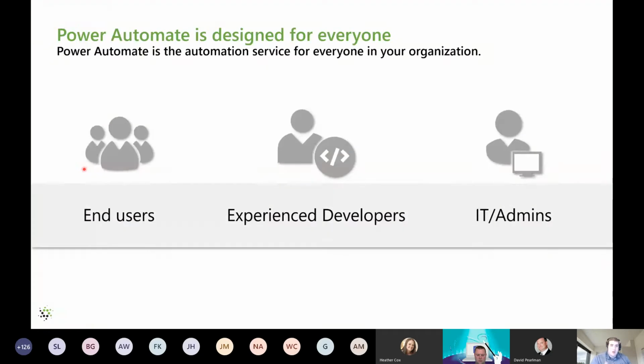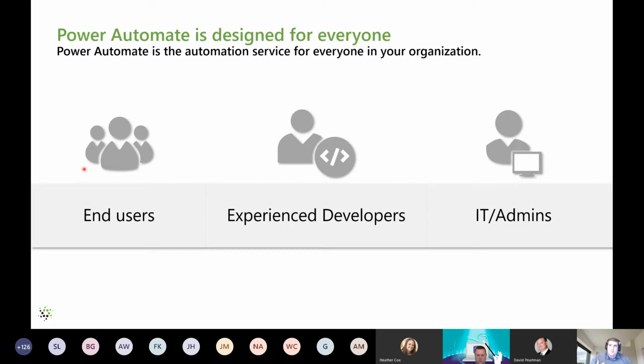Specifically in Microsoft Teams or within Power Automate, we're able to do a lot of different things. I kind of touched on this. It really can be for all those different demographics when we talk about users within your environment. First and foremost, end users. It is a low-code solution. These really will target power users, but anyone can build quick flows or processes that shorten their time to do things, or automate a little piece of their day, or automate a process.